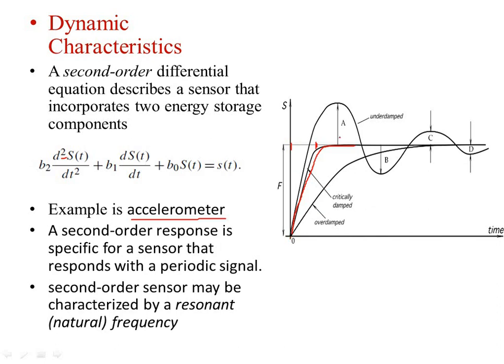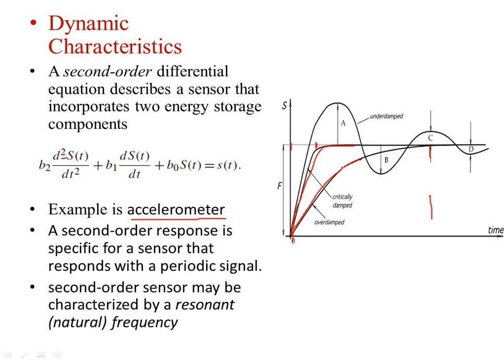So for the responses you are getting, this is a critical response, and below that this is the over damped output you are getting, and you can see that it can reach this value after a certain time period. Okay, so the highest value will be reached. And for under damped, it will shoot out, this will be shown by A, and again come down, again it goes below the value, and after a certain time it will settle down.